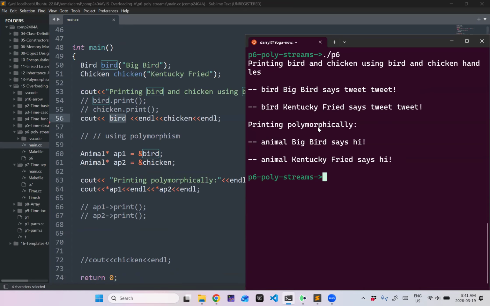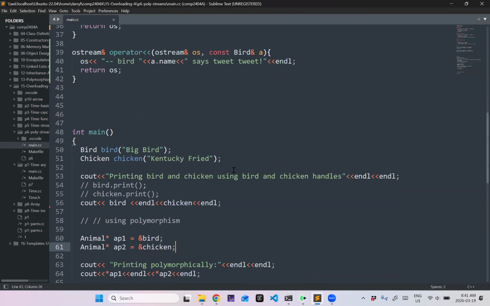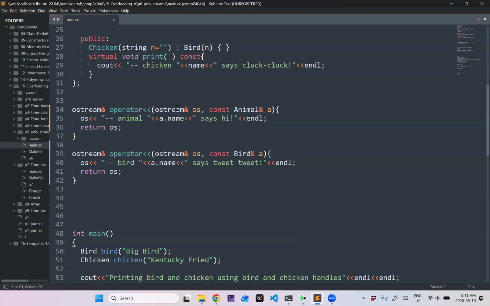So the solution is, hopefully everybody understands, I want this bird to tweet. I want this chicken to say cluck, cluck. I want this bird to tweet down here and this chicken to say cluck, cluck. Well, the solution is that we just use this one, but then we call a polymorphic function in here. So we're going to say